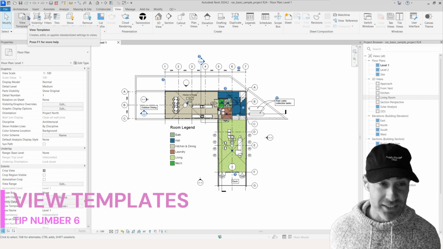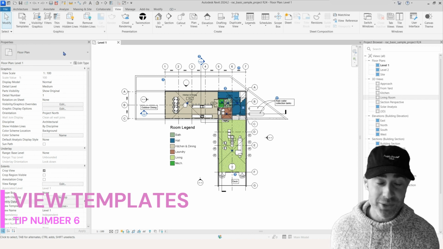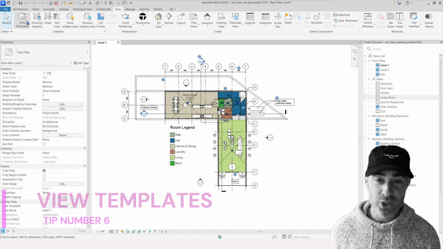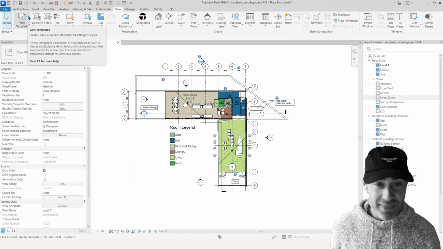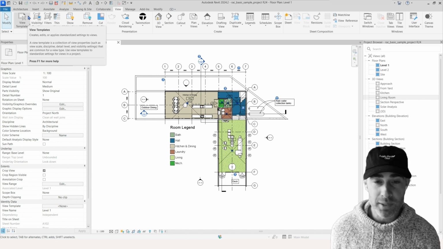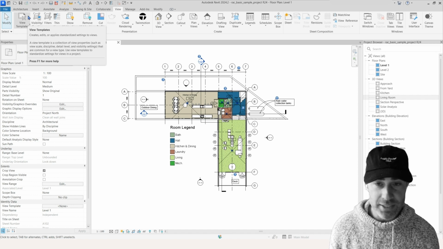Tip number 6, view templates. Do you waste a lot of time setting up your views? I'm a firm believer that you should only have to adjust the settings for your views once, and then be able to store them in a view template and apply them to both existing views and any new views you're about to create. View templates will help apply standard settings to views and will help ensure consistency across your construction